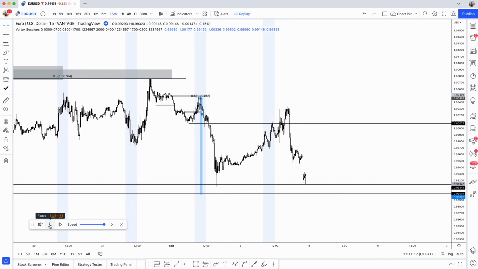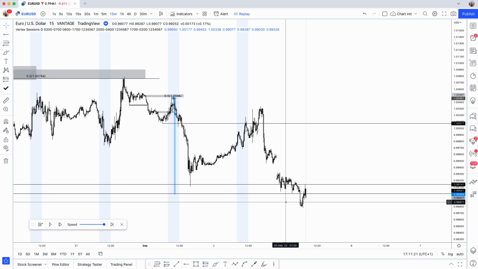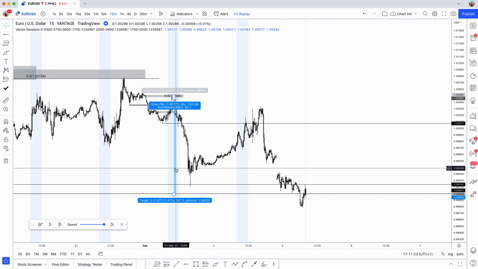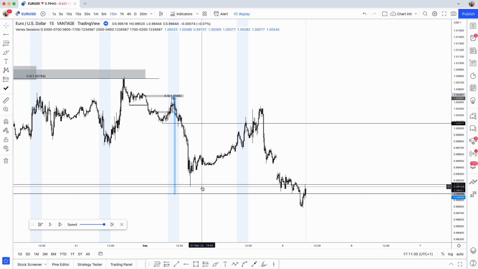We can see. I know it, to be fair, I know it's going to take out this 4-hour low because I've already seen it. Yeah. So this is taking out the 4-hour low, and you're already out of this trade. So that was obviously a 1 to 49 R move. Within that, you're obviously taking partials, but that's your swing of last week.